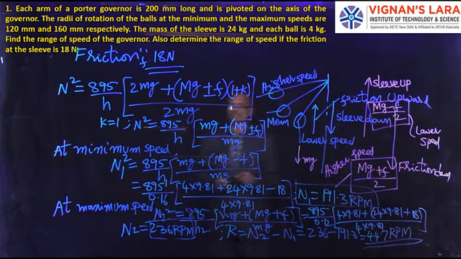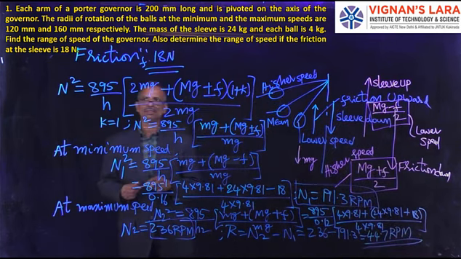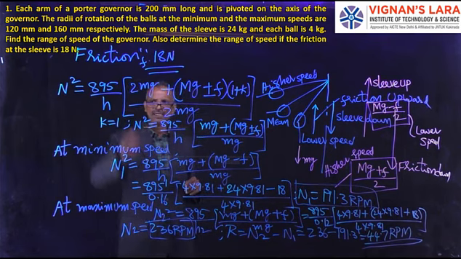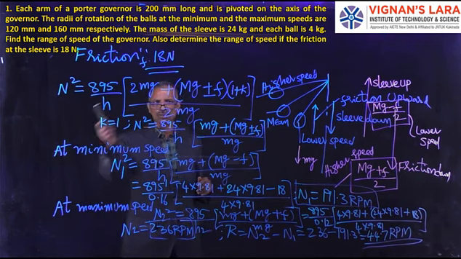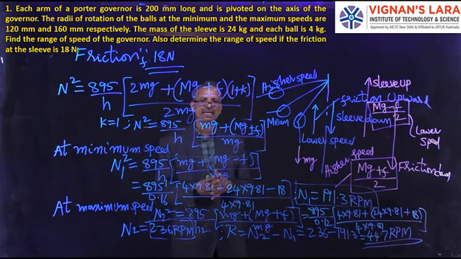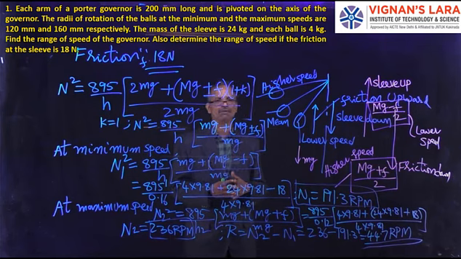Okay. So this is a basic problem that used only a single equation. If you want to write your basic equation with omega square, you can also use that and get the value. With this, we finish the basic problem on the Porter governor, and in the next class we will solve two problems on the Porter governor.